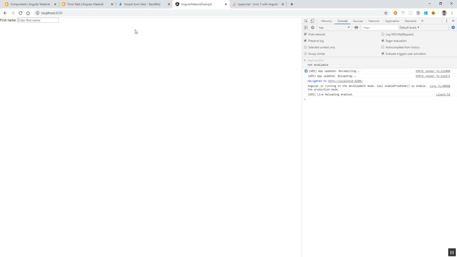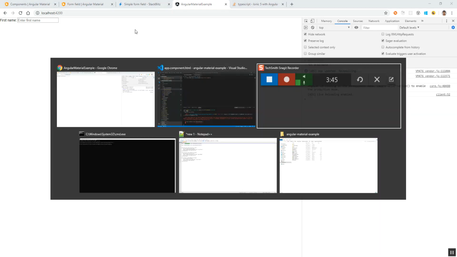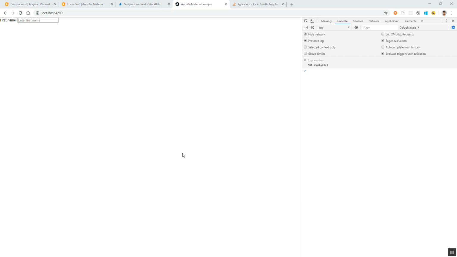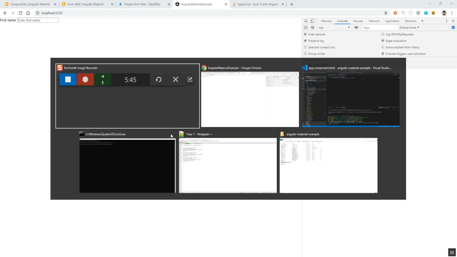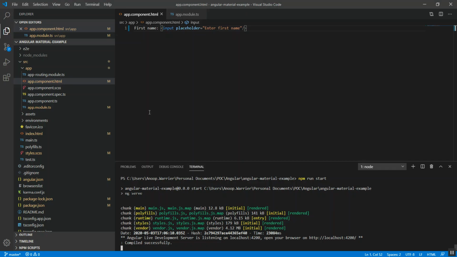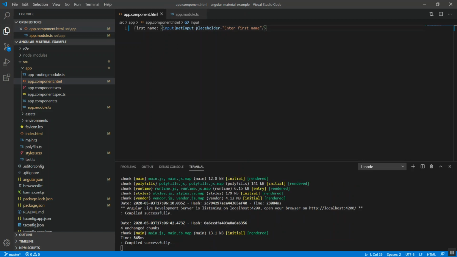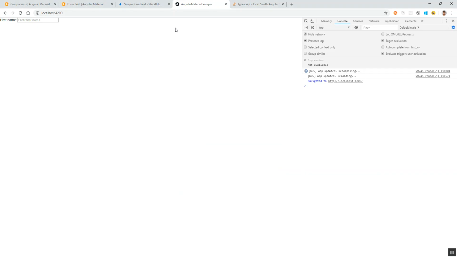Now let's see what will happen if we have Angular Material coming in. So let's check with the mat input in place. What I do is add a mat input to our normal HTML input. So let's check how it looks now.